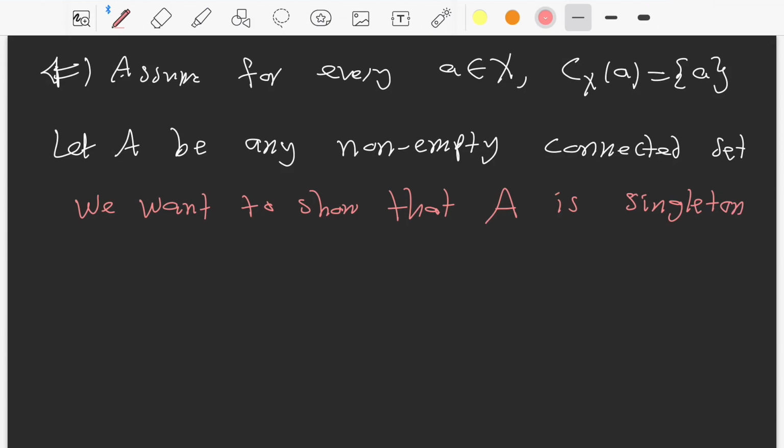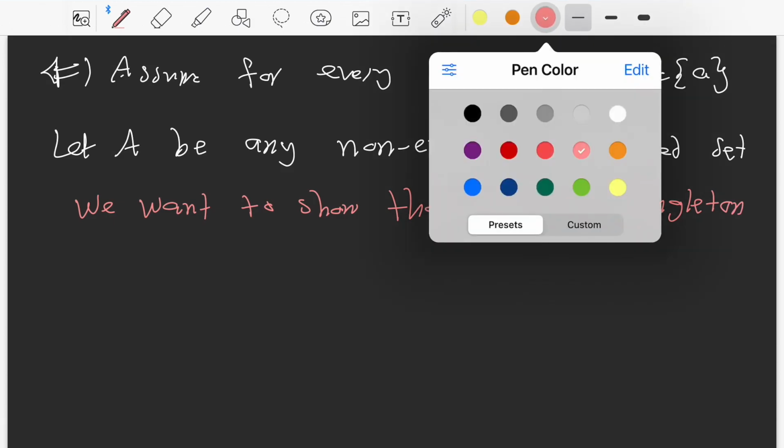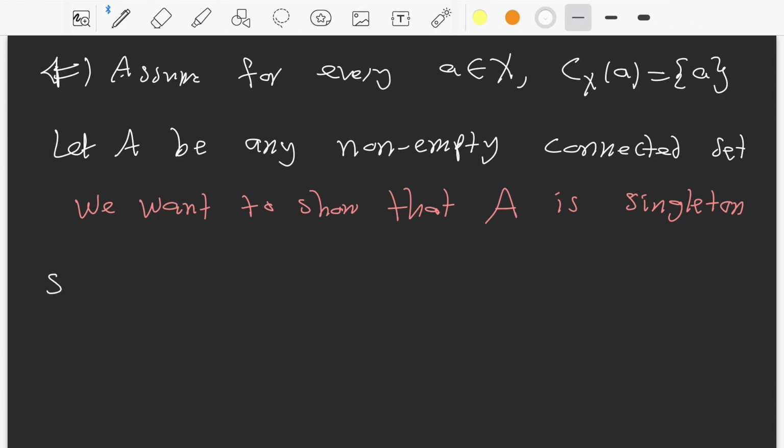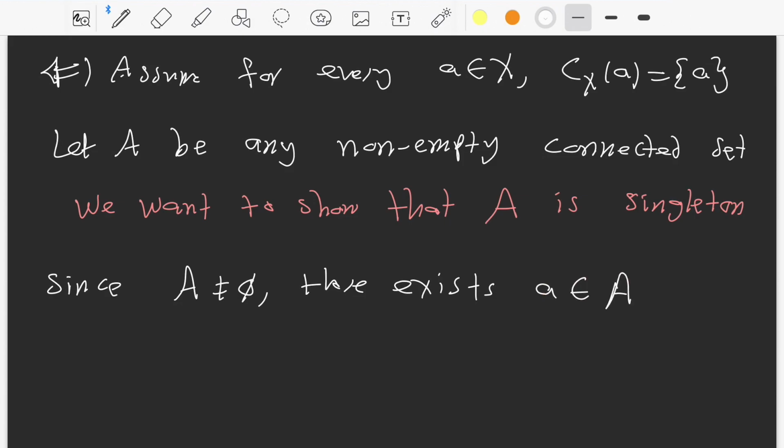That's what we want to show. Of course, how to show this one? Since we know that A is connected and it is not empty, we can find an element a in A,